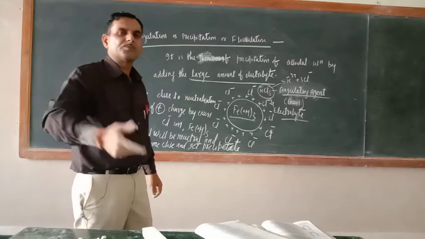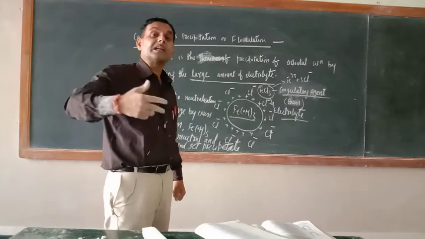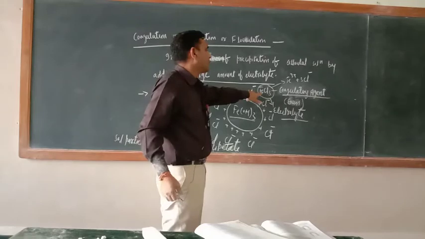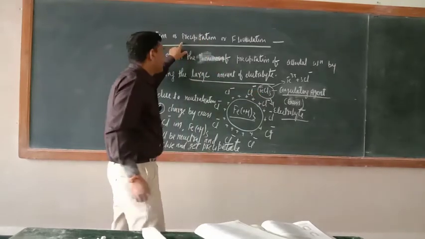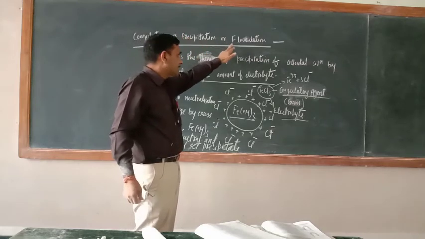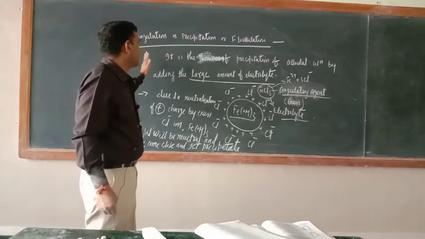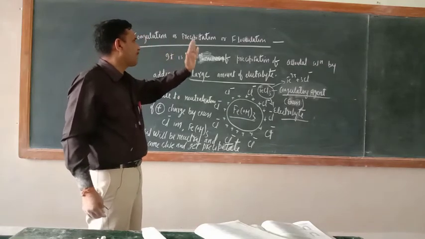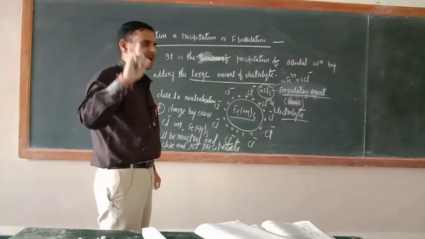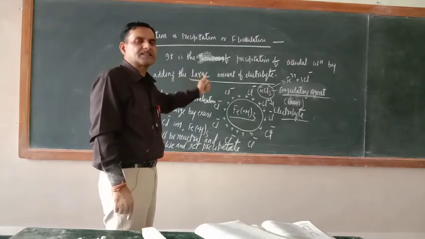So this electrolyte has encouraged the colloidal particles to get precipitated. That is why this is known as coagulating agent. For the precipitation, this electrolyte is only responsible. This is also known as flocculation. So ultimately, what is the definition of this? Coagulation, precipitation or flocculation is the phenomenon of precipitation of colloidal solution by the addition of excess amount of